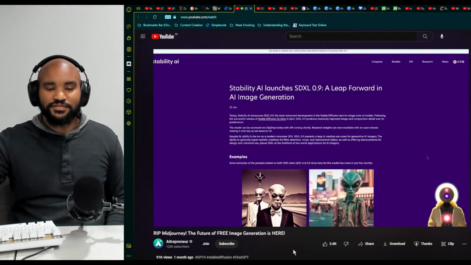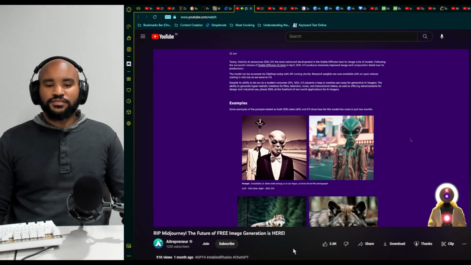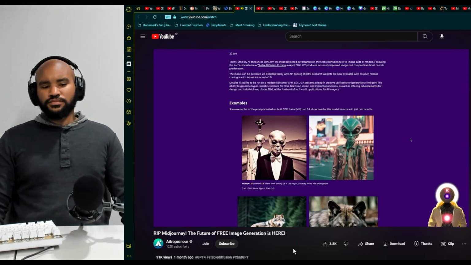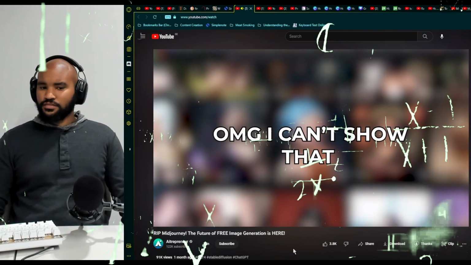So, what is SDXL 0.9 and what makes it so special? Well, first, as most of you already know, Stable Diffusion is an open source text-to-image AI model that allows you to generate images from text, exactly like DALL-E 2 or Midjourney. However, compared to Midjourney, Stable Diffusion is not only open source, meaning that anybody can contribute to the project, but it's also 100% free and unlocked, meaning that you can generate images of anything you want without any restriction, for better or for worse. And it's usually for worse. Oh god. In this new Stable